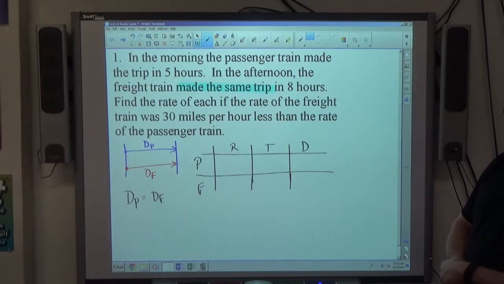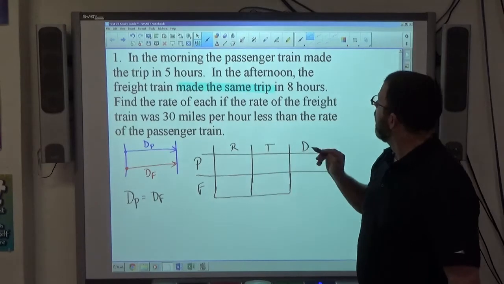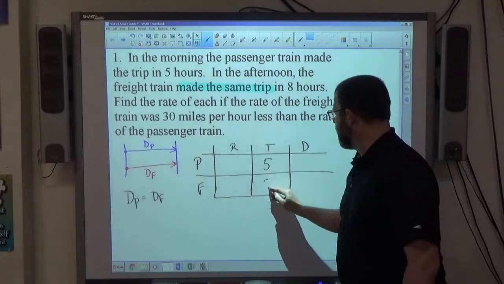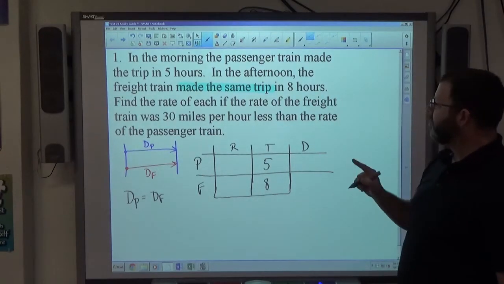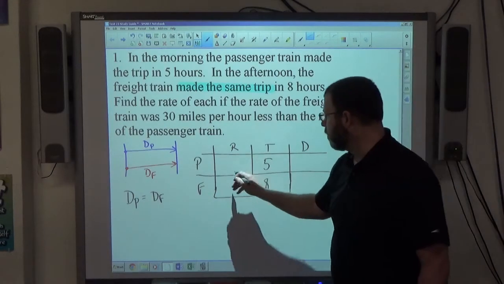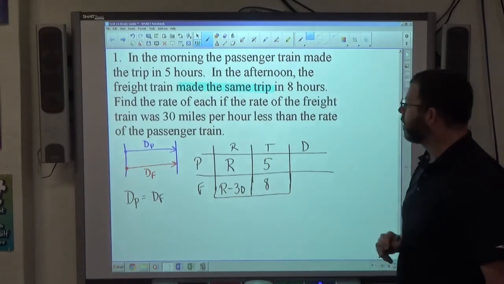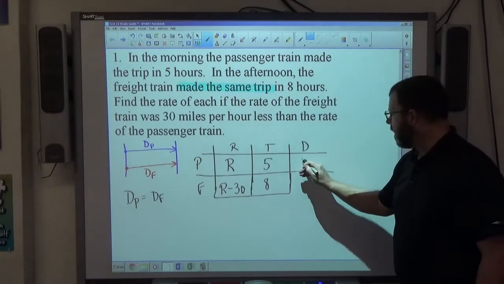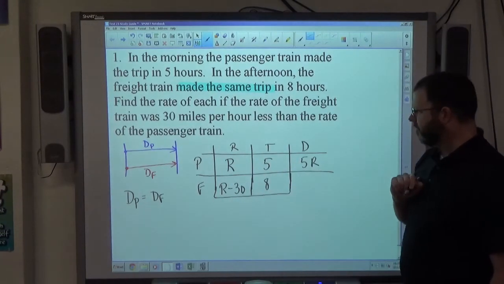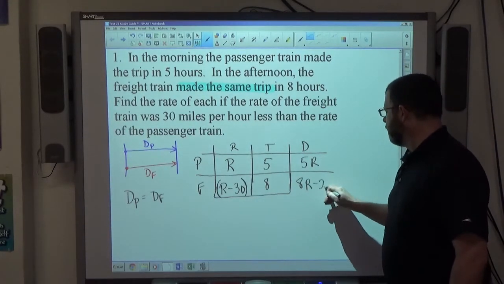We know exactly how much time, so we're looking for rates and times. We're looking to fill in these four boxes. The passenger made the trip in 5 hours, and the freight train made the trip in 8 hours. The freight train speed is 30 miles per hour less than the passenger train. So if the passenger train is going some speed r, the freight train is going 30 miles per hour slower. And that means that 5 times r, we multiply rate times time to get distance, will be the distance of the passenger train. And r minus 30 times 8 is going to make 8r minus 240 for the distance of